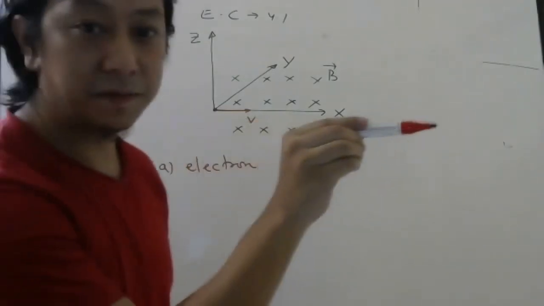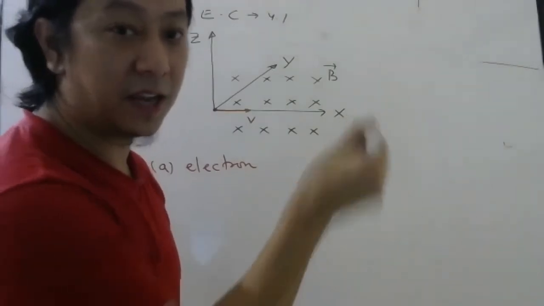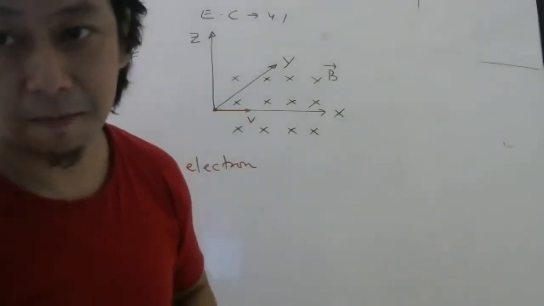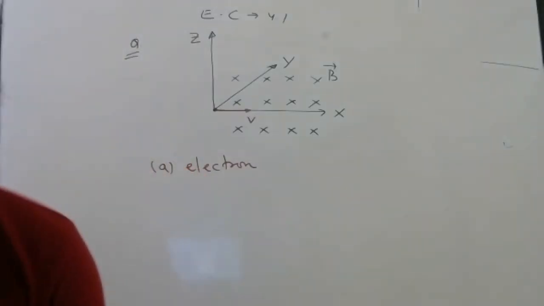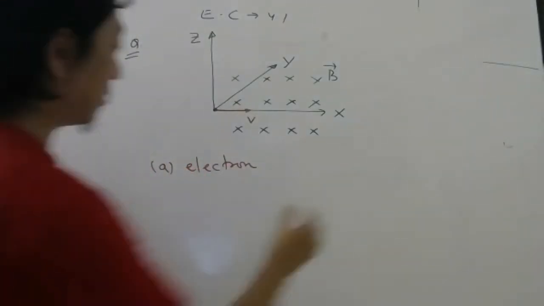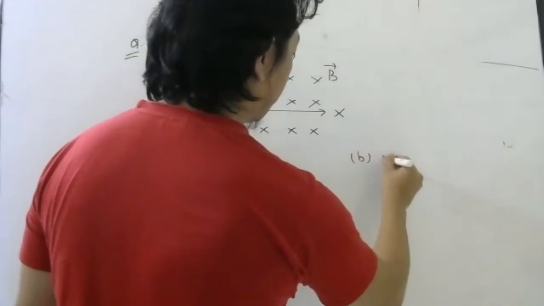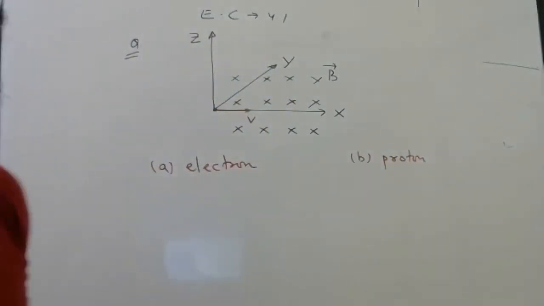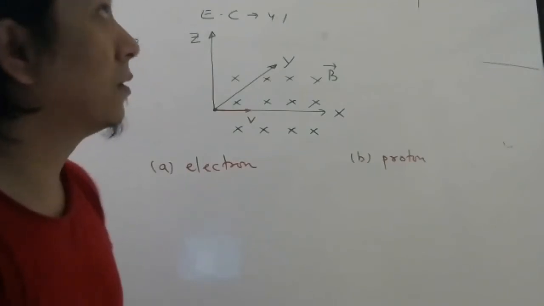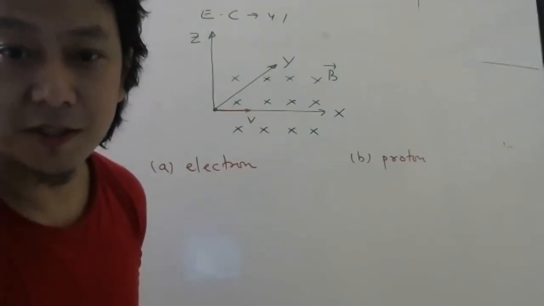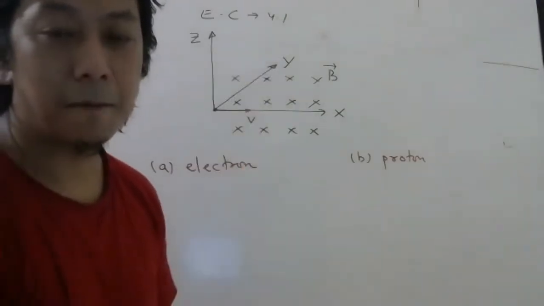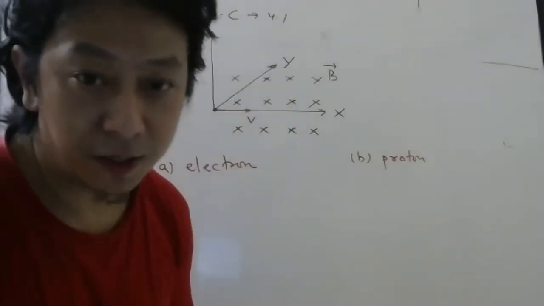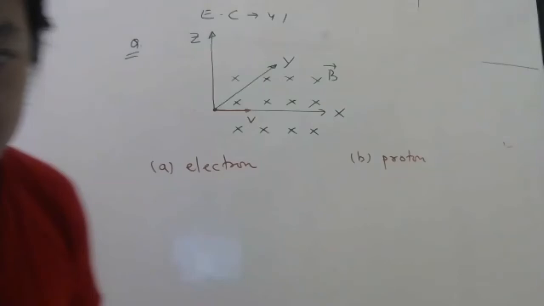Velocity is here. Magnetic field is inside. Where will the force be? Be careful, it is an electron, negative charge. And the second one is proton. Anyone has done? Quickly, students. Just use this one or the right hand curl rule. For electron, it is down. Let me check once. Okay.